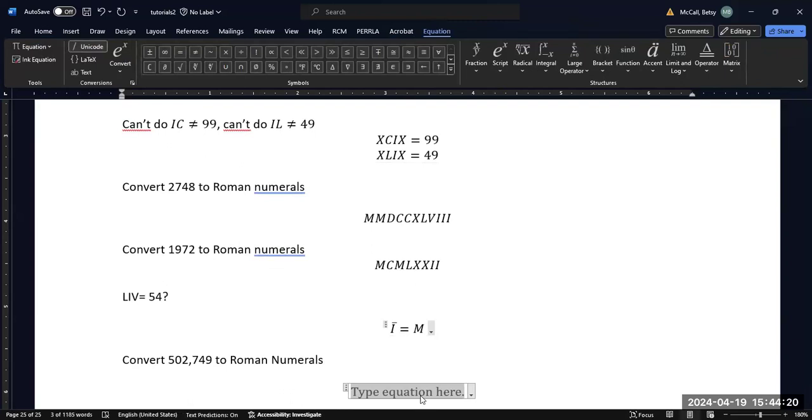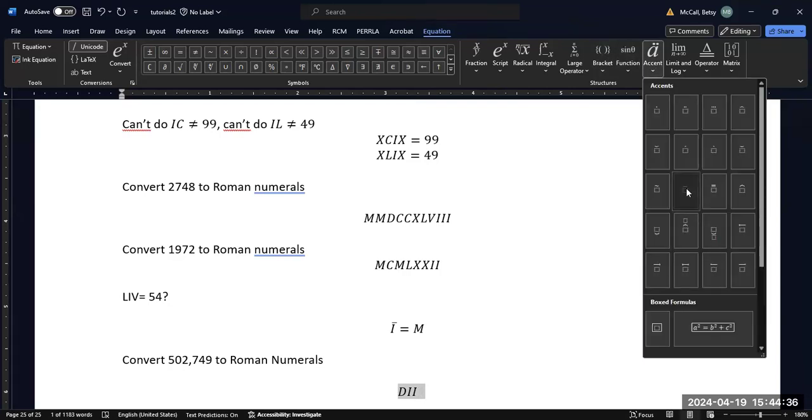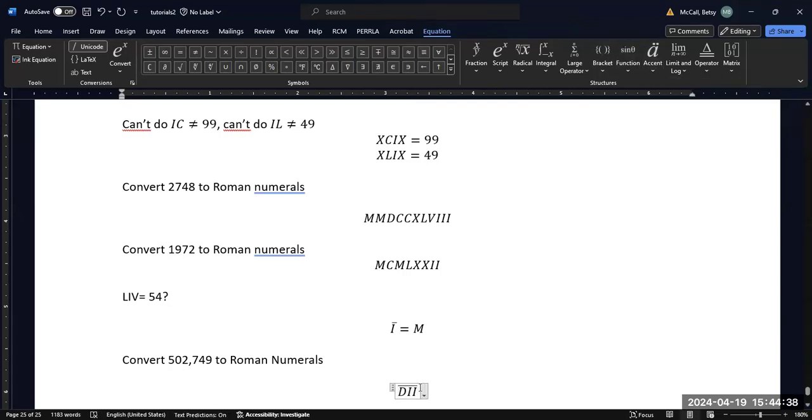Essentially what I can do is first just look at the 502. How would I write 502? That would be DII, and then I would put a bar over that for my 502,000, and then I would write the rest of this, DCC, that's my 700,